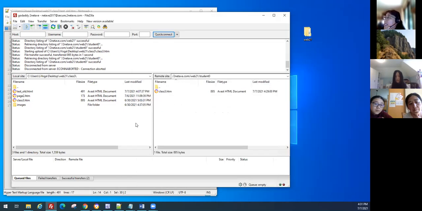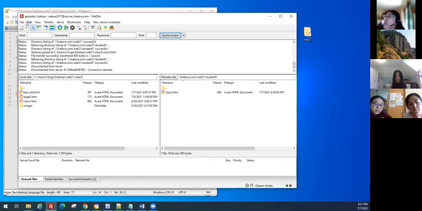So that's basically this. The free application is called FileZilla. It's a very, very good one, and I'm going to post on the website. And here is your computer. Look at the folder, which is the file you want to post here. And here is the server, which in your case, I gave each one of you a name called student